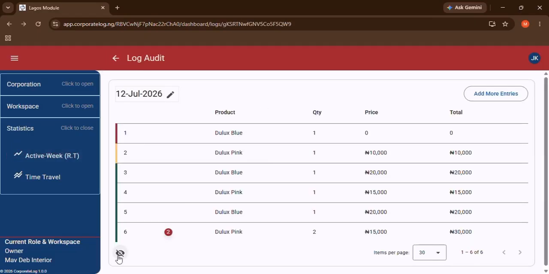All right, and this 0 is not included here. The one that the customer has not paid for is not included here because that is not the money that is with us. We don't have that money. It's out there in the wind, so it's not included here. So when the customer comes and makes a payment and you update the price, it will be calculated and included here. The cost is included here, but the extra 5,000 naira that the customer is owing us is not included here. Now that is all for the logs and the